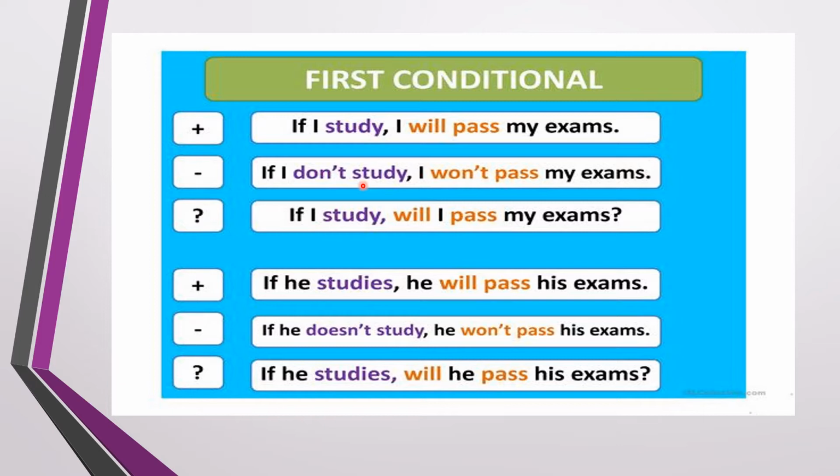المضارع البسيط فينفى باستخدام واحد من الأفعال المساعدة don't أو doesn't، اعتمادها على الفاعل والفعل المصدر study. فصلنا الجملة الأولى عن الثانية بوضعنا للفارزة and then the main clause I won't, which is the negative form of